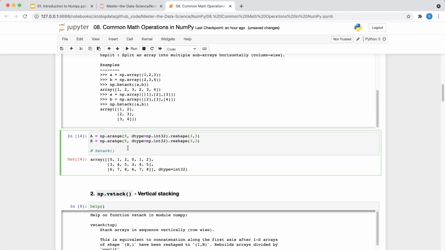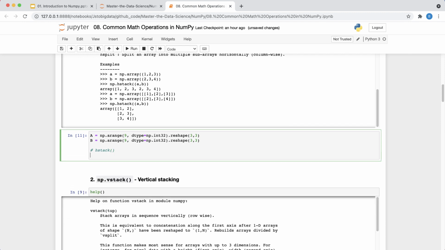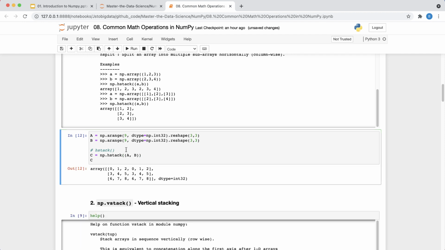Now we will also try to do the exact same thing. So what we are going to do is, we have, let's say, two arrays A and B, and you can guess that this would be 9 elements, so 0 to 8, then 0 to 8. So it is 3 by 3, 3 rows and 3 columns, and then we're just going to do hstack. And what I will do is C equal to np.hstack, and I'm just going to pass them inside another pair of brackets. Remember that, that's important. And then I just print. Now you can see that they are horizontally stacked, so 0 1 2 again repeated 0 1 2, right?